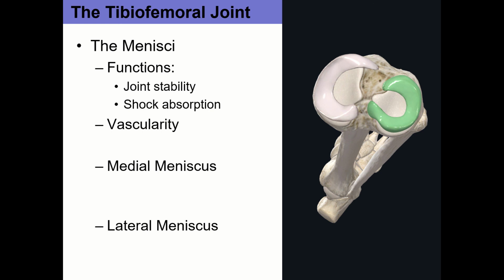One of the big factors in that is the shape of the bones. Well, in the case of the tibia, the medial condyle is a little bit concave, so it caves in a little bit, but not near as much as the femur is convex. So the medial condyle of the femur really curves out. On the lateral aspect, the lateral